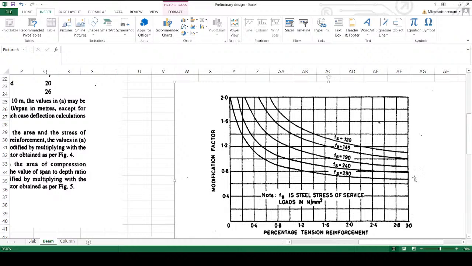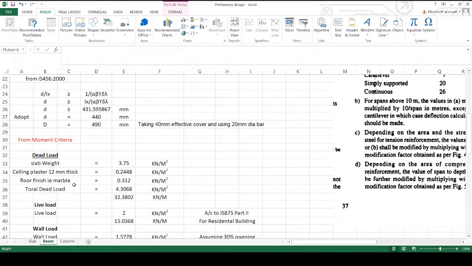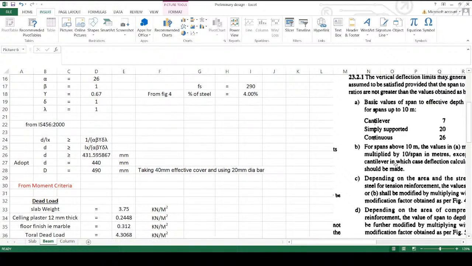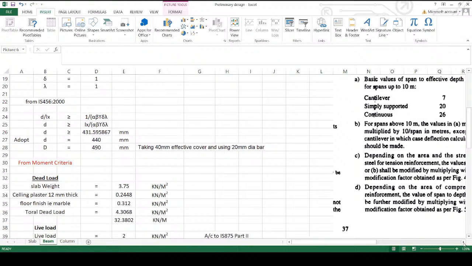That's why if we go in a straight line, for 4% and Fs 289, it is around 0.6, between 0.6 and 0.8. So I am going to select here gamma is equal to 0.67. It is between 0.6 and 0.7, so 0.6, and this is depending upon